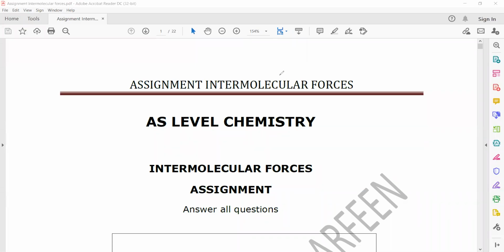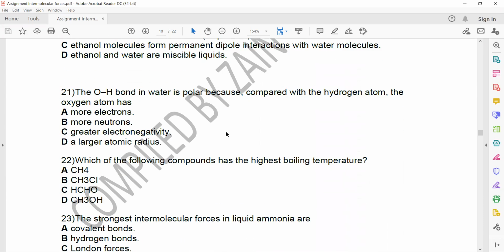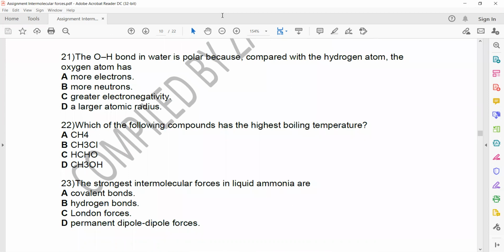So this is an assignment related to intermolecular forces. In this session, we will discuss question 21 onward. In the last session, we already completed the first 20 questions from this sheet. So question 21 and onward we'll solve today. First, for question 21,